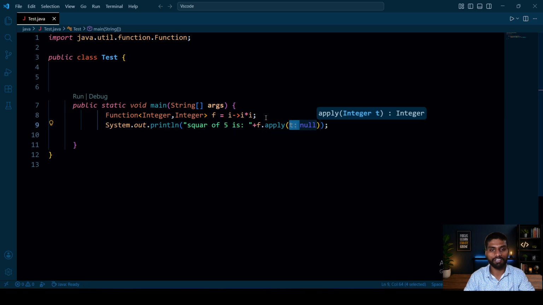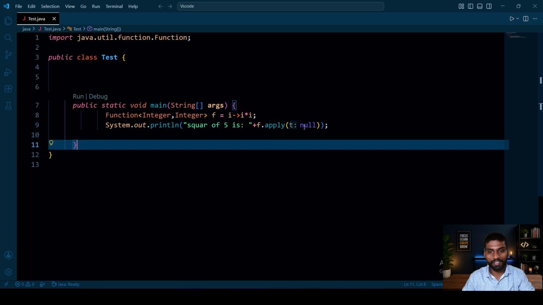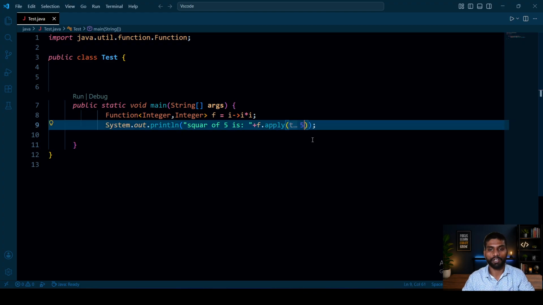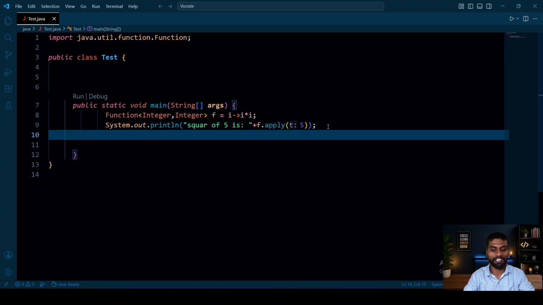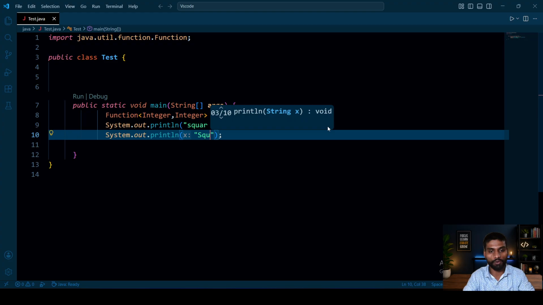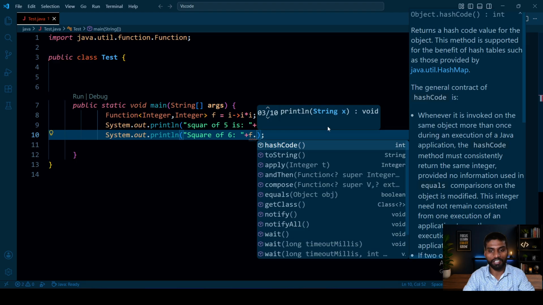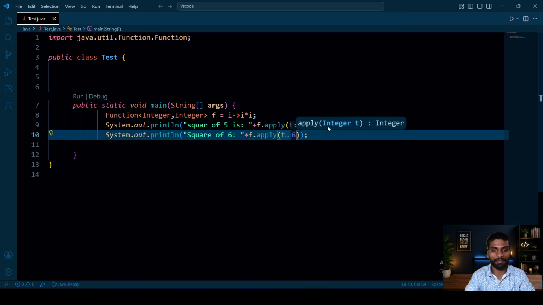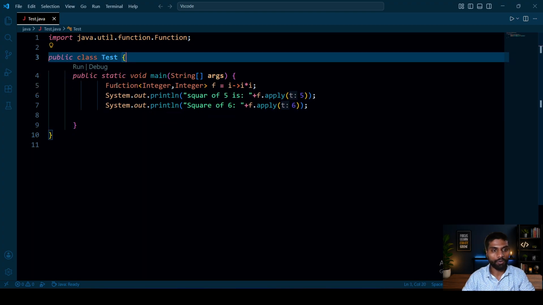Just apply this and pass 5. Okay, like that. If I want to find the square of, like, 6, at this point I will pass 6. Just f.apply, simply 6. Okay. See, now look at the output.